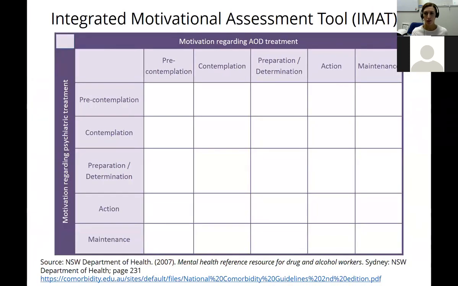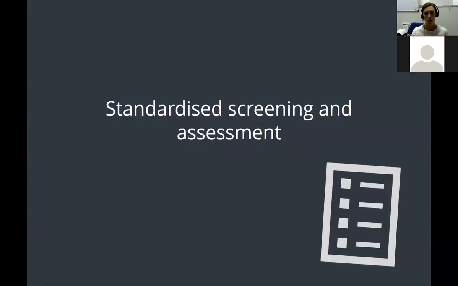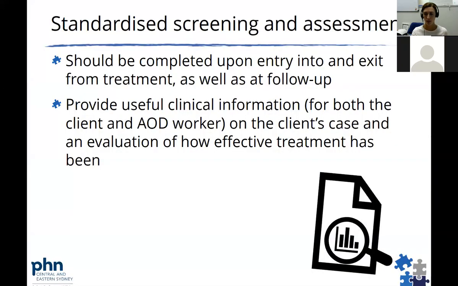The Integrated Motivational Assessment Tool, or the IMAT, which is shown here, can be a useful matrix for assessing motivation for both AOD and mental health treatment. So next I'm going to talk a bit about standardised screening and assessment. In addition to the informal assessment process, there are a range of standardised screening and assessment tools, and these can